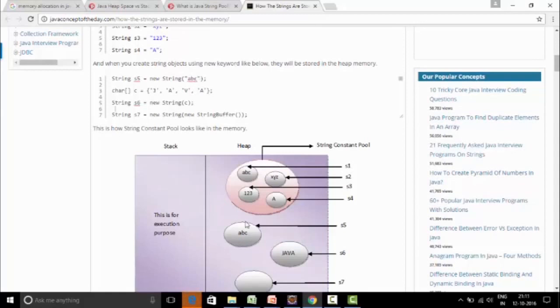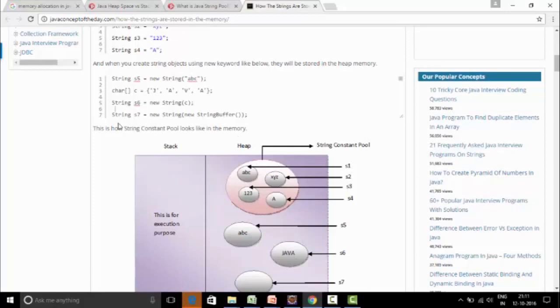That is how it is stored in heap memory. Then we are doing String s6 equals new String and we are passing c to that. What was c? c was this character sequence with J, A, V, A as different characters. So this will be stored again in the Java heap like this.